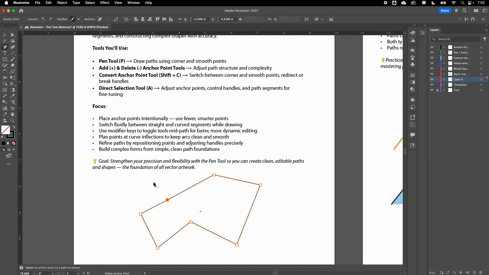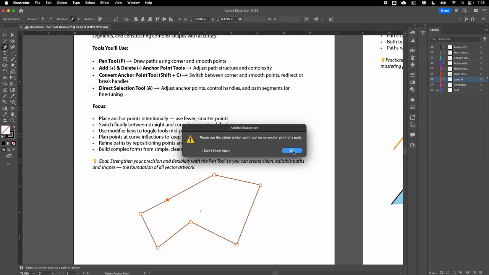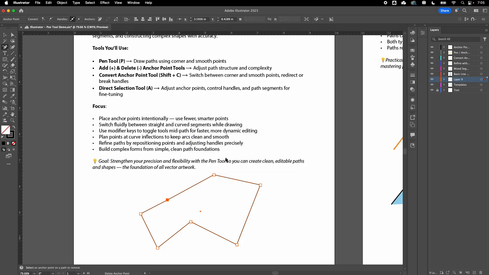Same thing, delete anchor point. So that one is minus, and there I didn't click on the path again quite precisely enough, and that happens all the time in Illustrator. So click on any of these anchor points and they go away. I'm toggling back now by pressing A to go to my direct selection tool, and then I can further continue